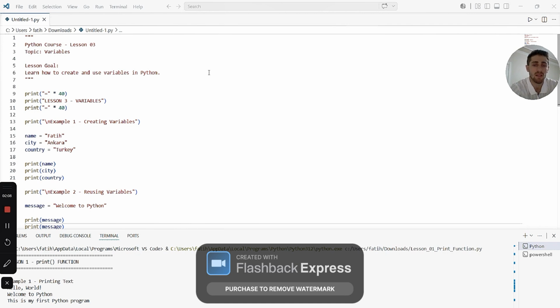And now the code explanation. The code name equals Fatih. This line describes a variable called name. The value Fatih is stored inside the variable. Keywords: variable, assignment operator.